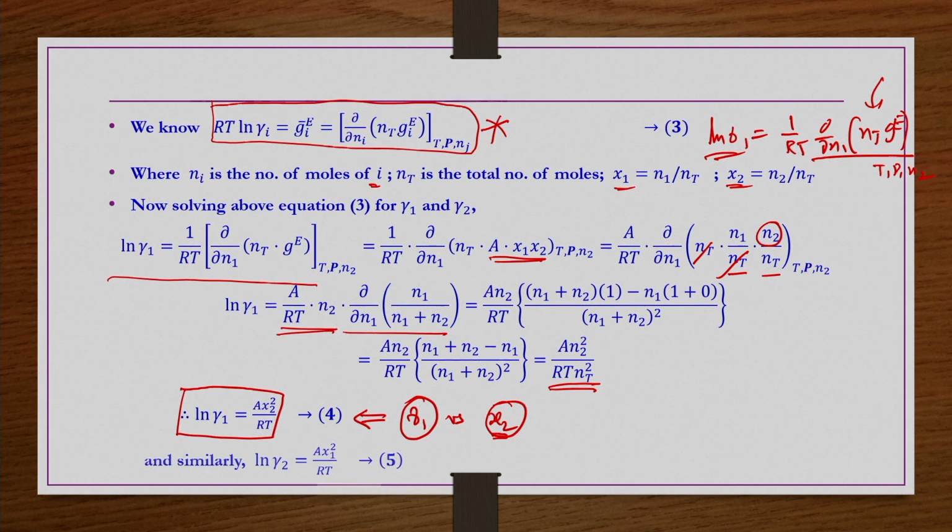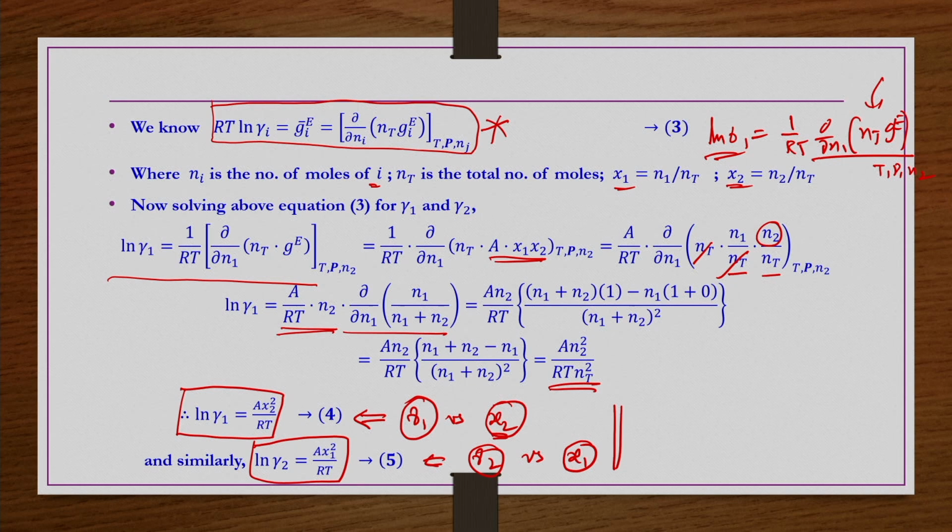right. Same for gamma 2, if you do the derivation you will get ln gamma 2 is equal to A x1 square by RT. So, here gamma 2 we are writing as a function of x1, because in the second component, non-ideality is there because the first component is coming and joining with the second component to form the mixture. Okay. So, that is the reason gamma 2 is written as a function of x1. This is the common tradition that is followed, and you often see such an expression rather than gamma 2 written as a function of (1 minus x1) whole square and all those kinds of things.